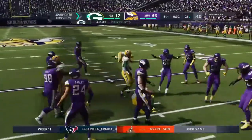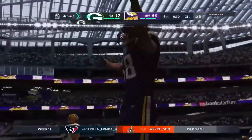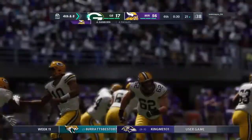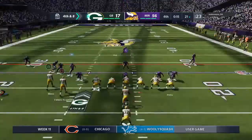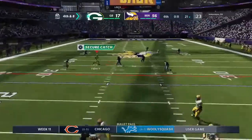And that's not going to get it done. He'll come up well short of the first at about the 21. Call it a gain of 5. 4th down now. Well, they got off the field on 3rd down. An excellent job, an excellent defensive series. We always talk about adjustments, and usually only at halftime. But the best teams adjust series to series. And on that series, they adjusted so well that they got...